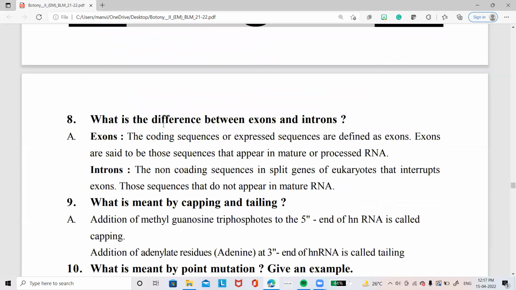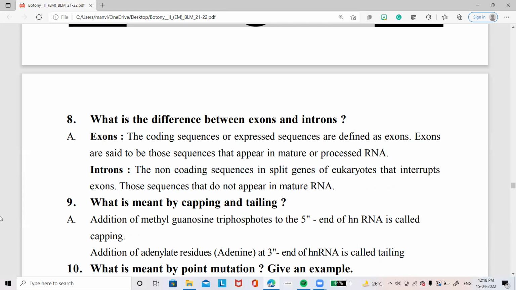Question number 8. What is the difference between exons and introns? Exons, the coding sequences or expressed sequences in heterogeneous nuclear RNA, are those sequences that appear in mature or processed RNA. Next, introns are the non-coding sequences in split genes or discontinuous genes of eukaryotes that interrupt the exons, those sequences that do not appear in